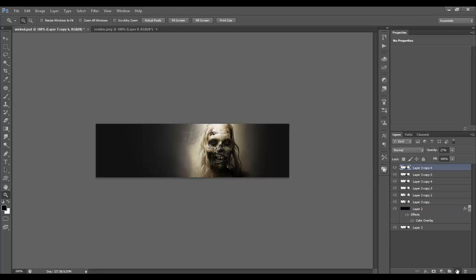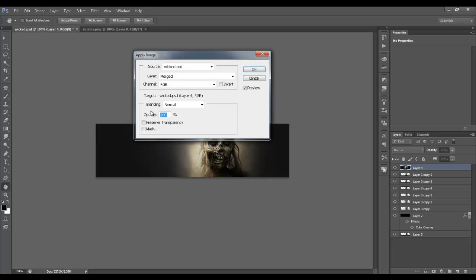I'm going to create a new layer. It's a completely blank layer, and I'm going to go to Image, Apply Image, and I'm going to keep the